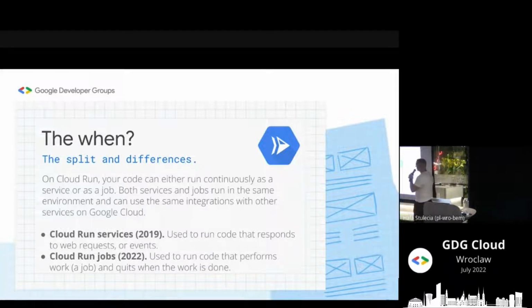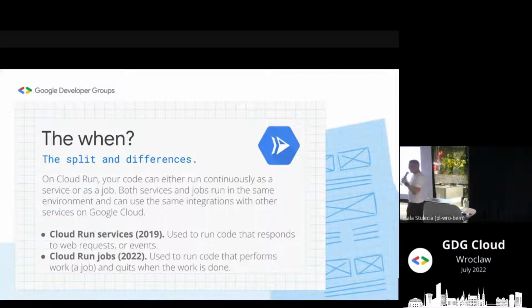So Cloud Run services is something that you may know as Cloud Run so far. Now, of course, when we do new announcements and new feature releases, sometimes we change the names. You know that, right? G Suite, Google Workspace. Sometimes it happens, and we just need to educate people on what's going on here. So Cloud Run so far, which was launched in 2019, so you may have used that already, is now Cloud Run services, and if you see Cloud Run services in the documentation, you can think, okay,